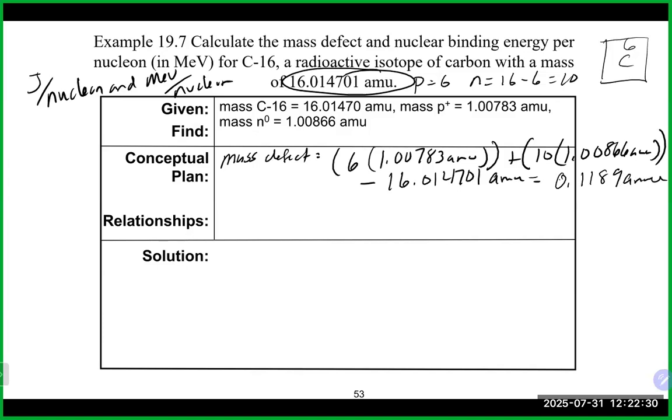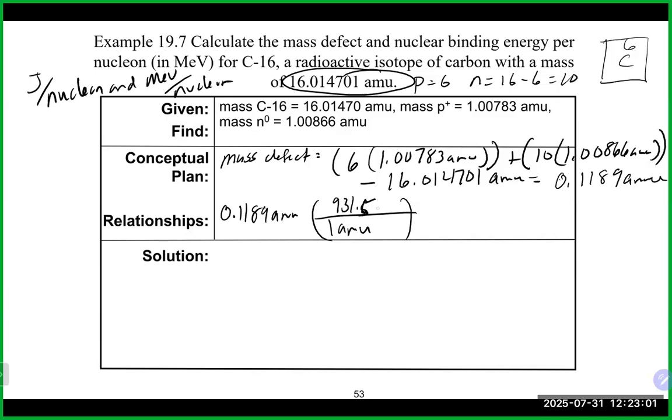Again, as I mentioned before, you do have a couple of options as to how you might want to approach it. You can use Einstein's equation, but once again, you can use those conversion factors, which are really based off of Einstein's equation. So I'm going to take that approach here. I'm going to take 0.1189, which is my mass defect, and convert it into mega electron volts by using that conversion. 1 AMU is